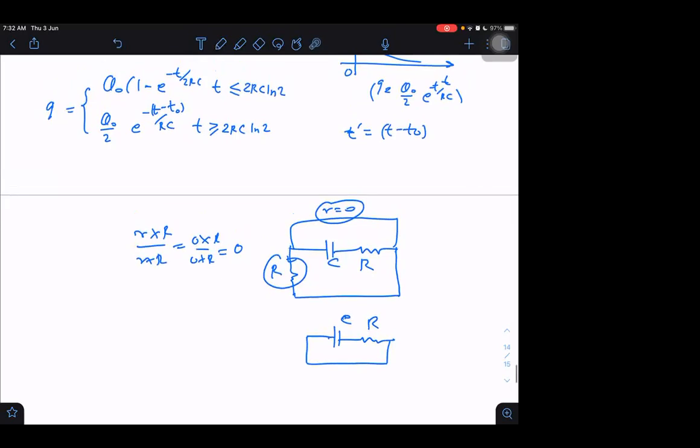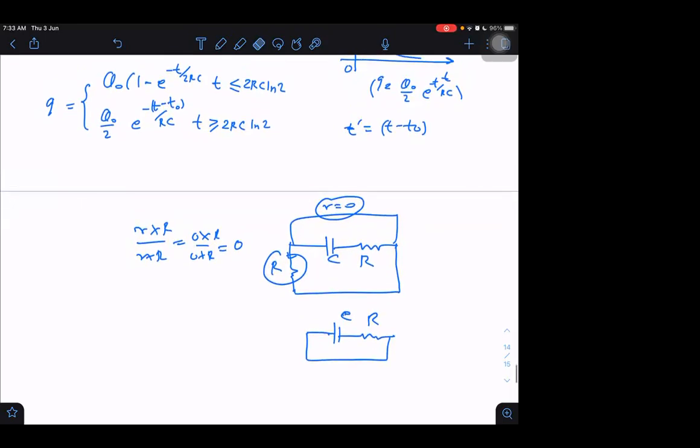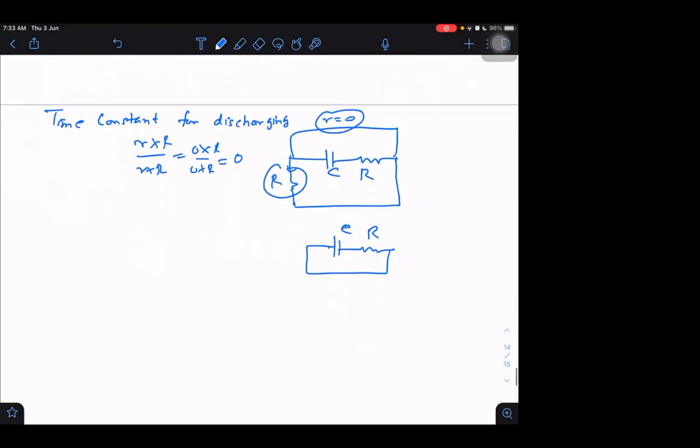This is in parallel with this. Why is this in parallel? See, what are the terminal potential differences? Let us say A and B. That is across this wire, and for this also it is A and B. But here resistance is 0. So when 0 resistance comes in parallel with R, the total parallel resistance will also be 0. It cannot be anything else. Sir, understood. Time constant for the discharging case we find by this circuit. Next.